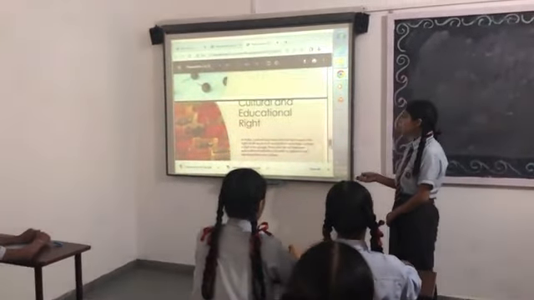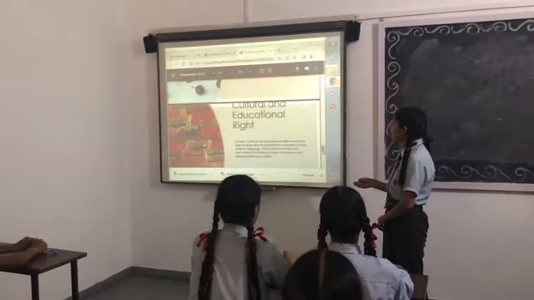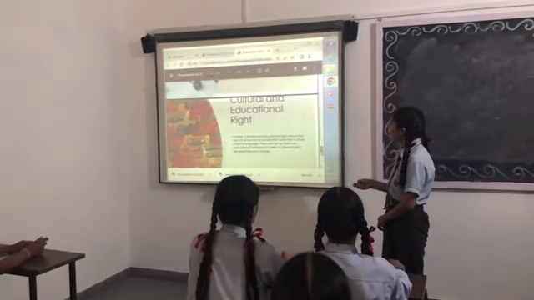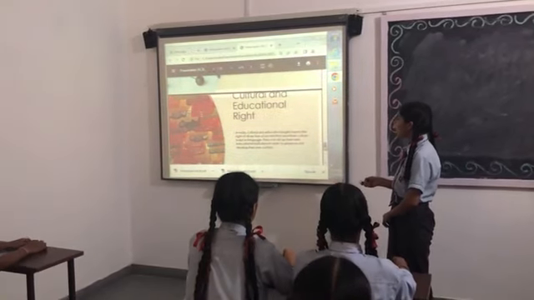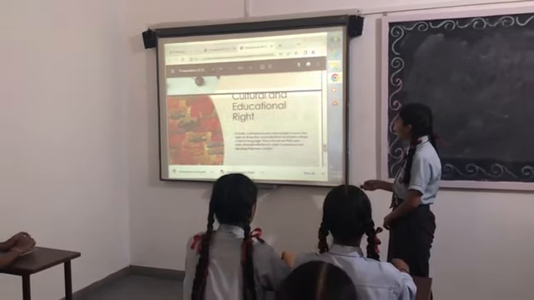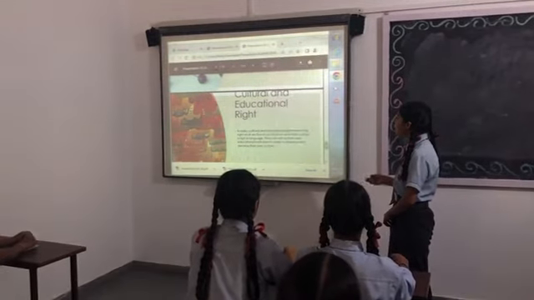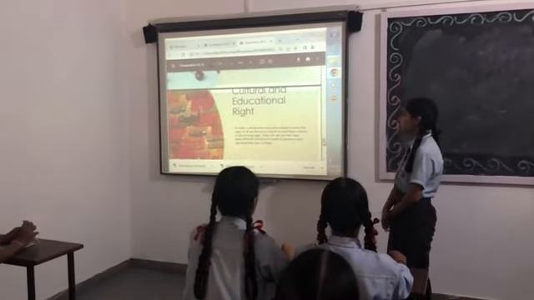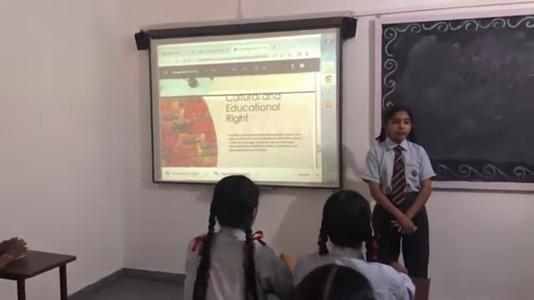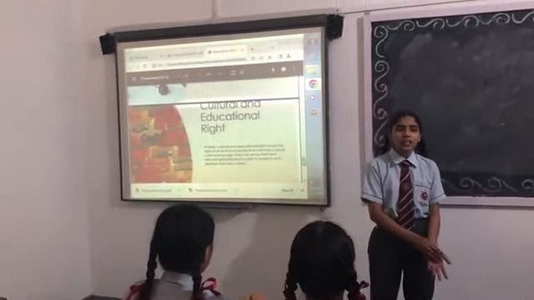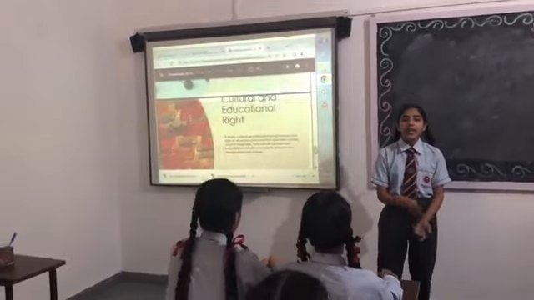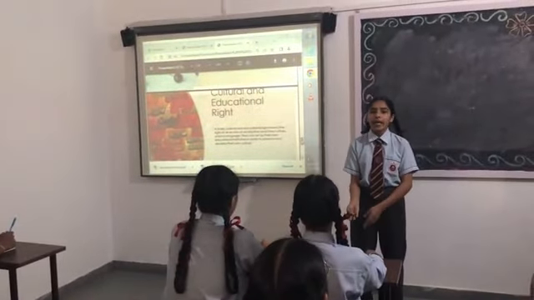Cultural and educational right. In India, cultural and educational right means the right of all sections of society to save their culture, script or language. They can set up their own educational institutions in order to preserve and develop their own culture. In cultural and educational right, if there is a minority in their culture, they can do anything. They can make colleges,